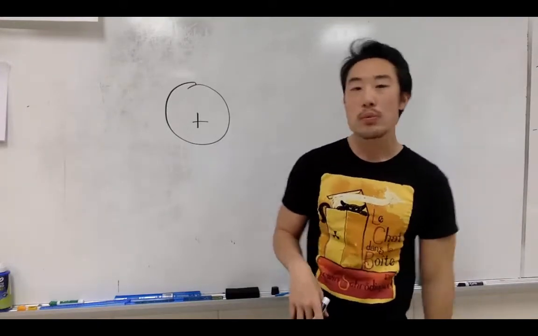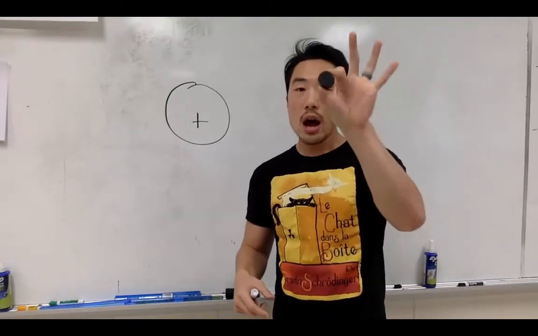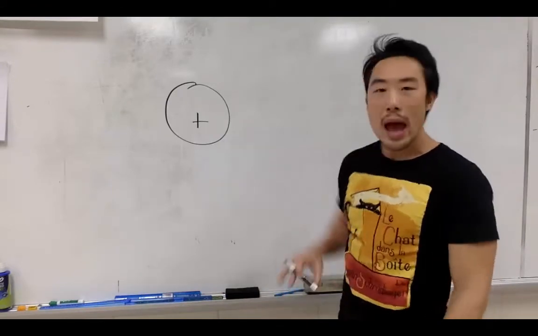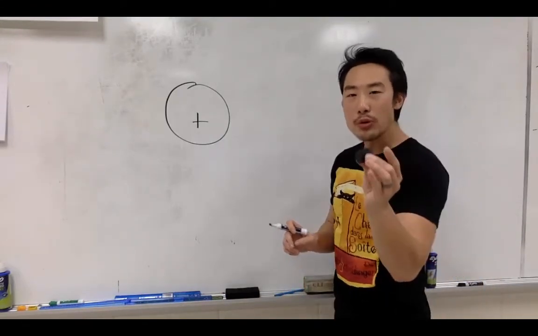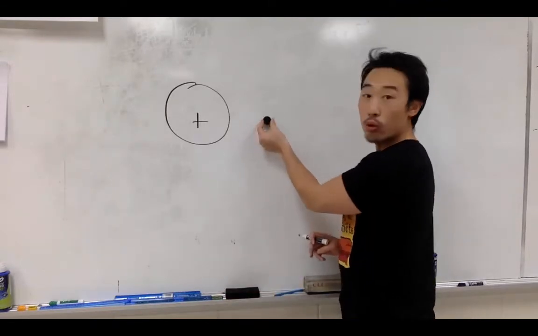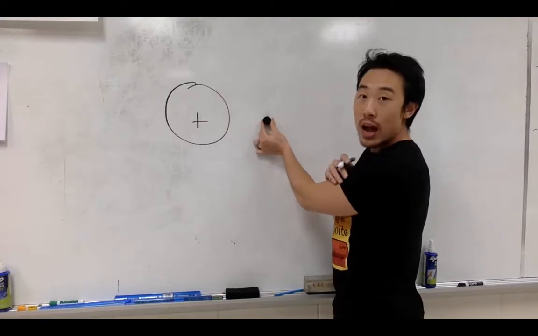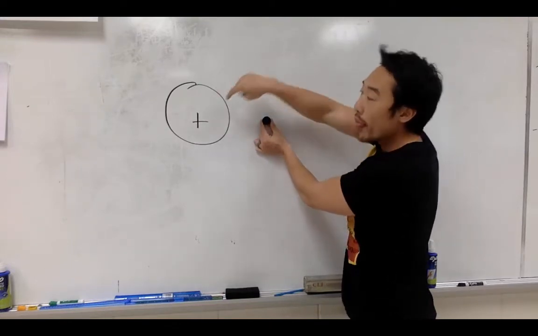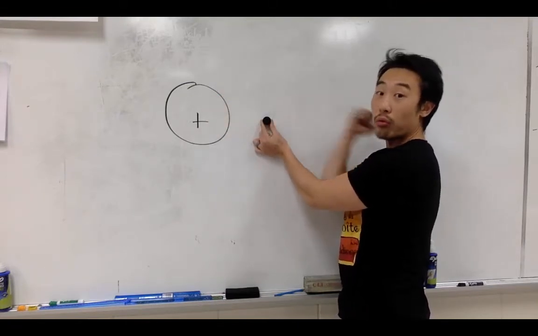So for this, I'm going to represent the positive test charge as this rubber black stopper that we see right here. Now, here we have a positive charge, and here we have a positive test charge. If I were to put this positive test charge right there, what would it feel? So we have two positive charges, and we know that positives don't like to be next to each other. So what this positive charge is going to do to this charge is push it towards the right,